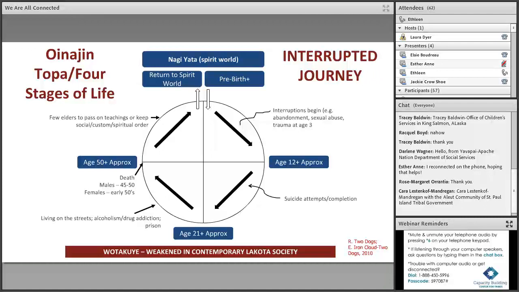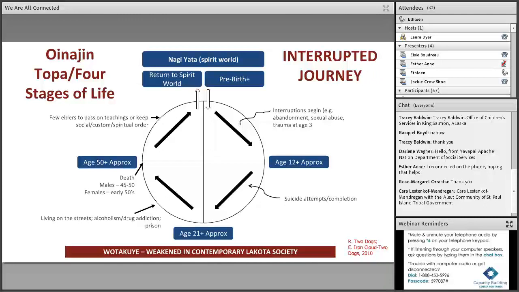There's more opportunity for that child needing healing in later life from the interruptions in the life journey. So we wanted to make that point about how our indigenous healing lifeways are all there. It's up to us to reconnect to them. Otherwise, we'll be confronted with this interrupted journey, this graphic, this example of the interrupted journey.